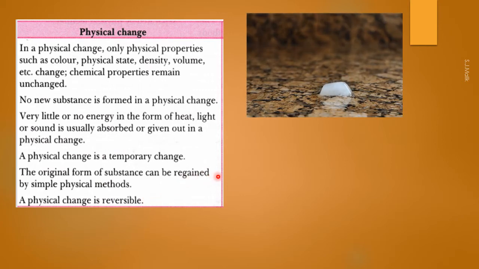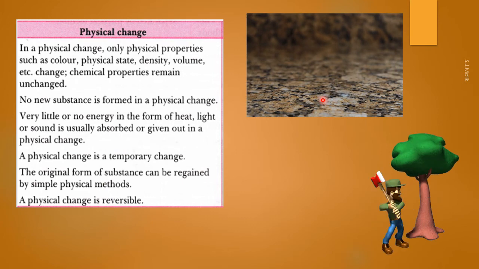Melting of ice is a physical change. Why? Because in this process only physical state is changing. When it is in solid state, means it is ice, then also it is H2O. The chemical properties are same. When it is liquid, then also it is H2O, and properties of ice and water are same. So chemical properties do not change, only physical state of the substance is changed during physical change.